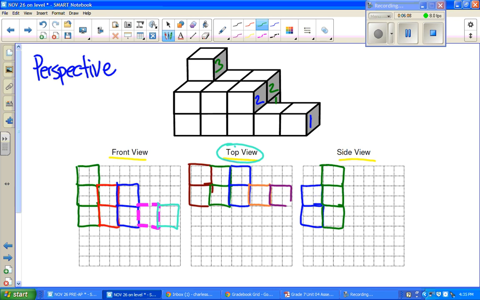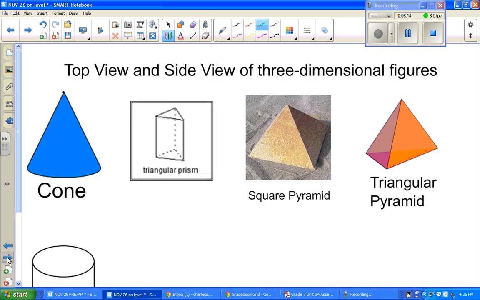We're going to practice some in class. For the next part of our video, we're going to move on to three-dimensional figures and looking at the top view and side view of those. So first we're going to take a look at a cone. And if we're looking at the cone from the top,